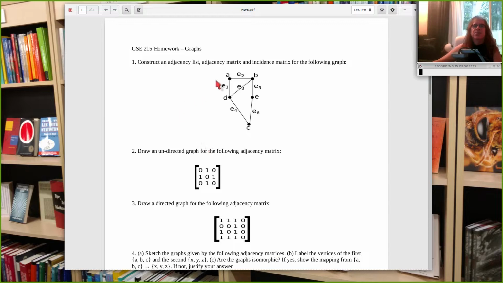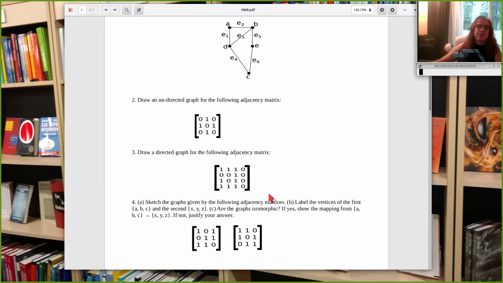So question 1, adjacency list, matrix and incidence matrix for the following. I didn't grade that one. I didn't grade 2, but I went ahead and graded 3. So 3 is a directed graph, and so you can take from or to however you like. But if we label these,